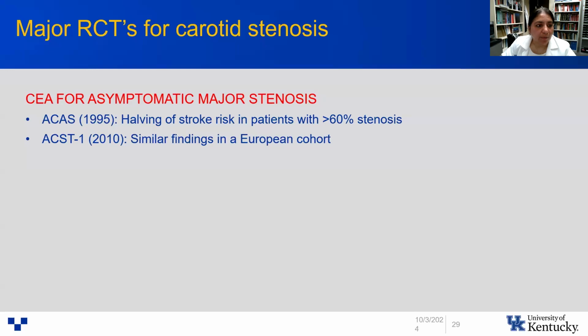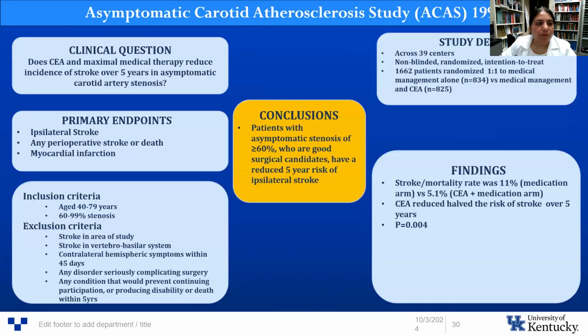The next trials that came out were for management, for comparison of surgical management versus only medical management in asymptomatic stenosis. And the major trial was the ACAS trial, or the Asymptomatic Carotid Atherosclerosis Study trial in 1995. And here the question was, patients who have greater than 60% stenosis, but they are asymptomatic, how do they fare if they are randomized to only medical therapy versus medical therapy